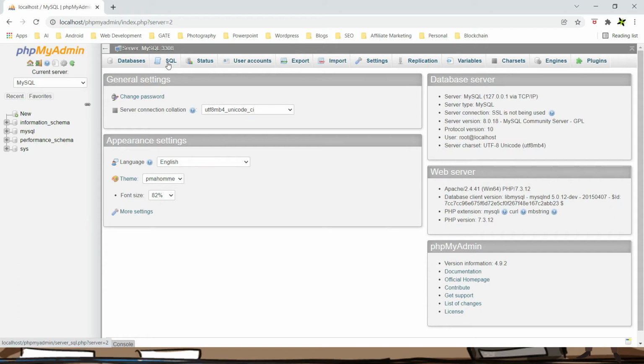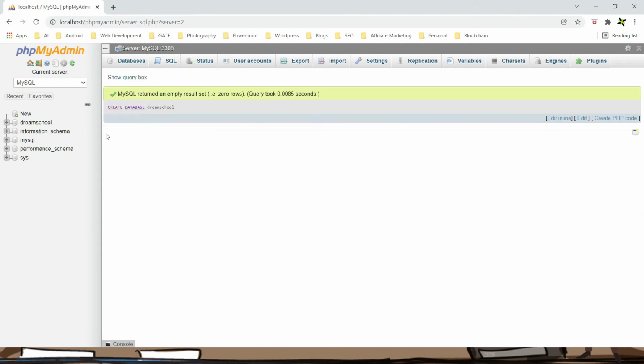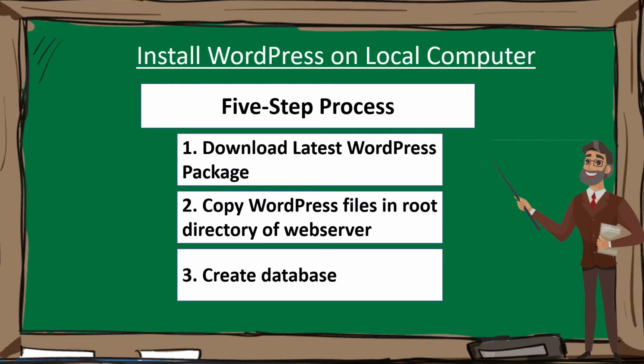Go to the SQL tab, type in the query to create a database, that is create database Dream School. We will name our database Dream School. Now click Go and here you see your database, namely Dream School, is created. Now your database is ready to use.